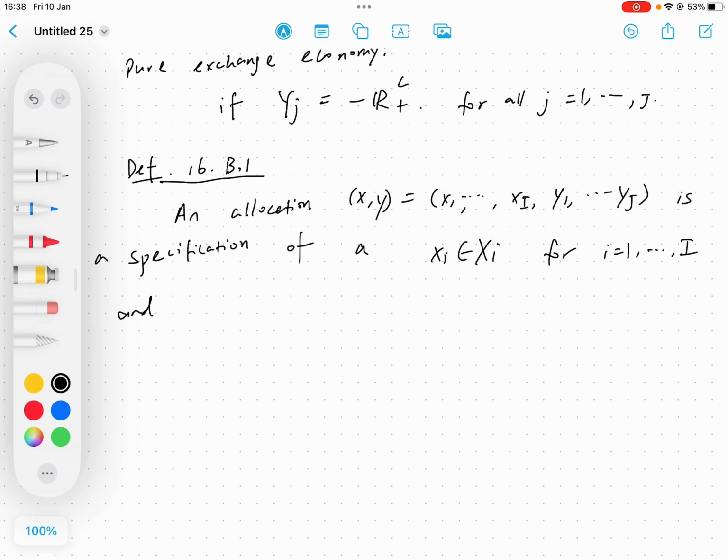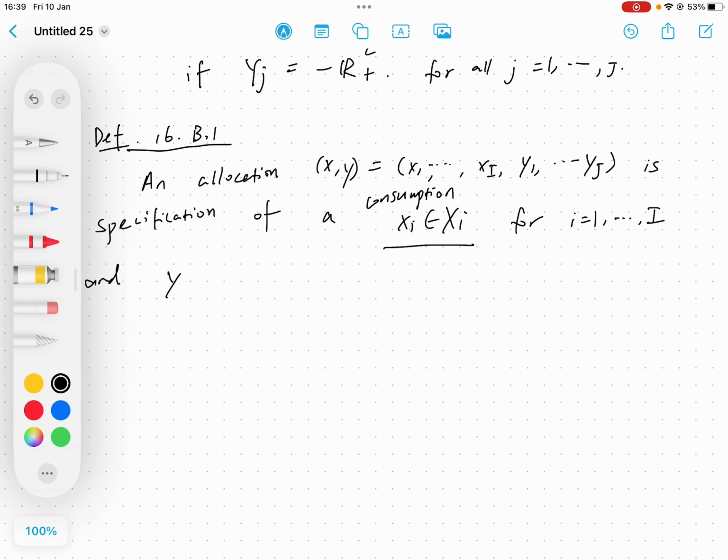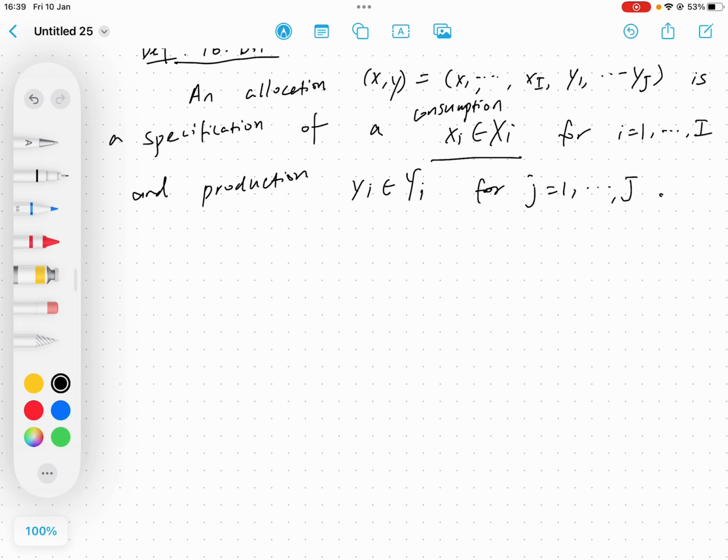And so that'll be a consumption vector X, and this Y is a production vector for each firm J from 1 up to capital J. Okay, so that would be called an allocation, just a combination or a concatenation of those two tuples, with consumption and production. We call this allocation XY feasible